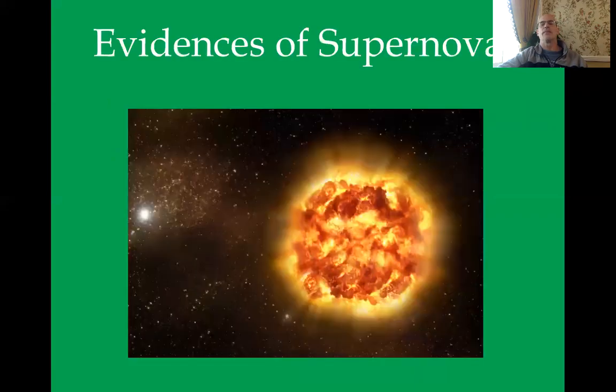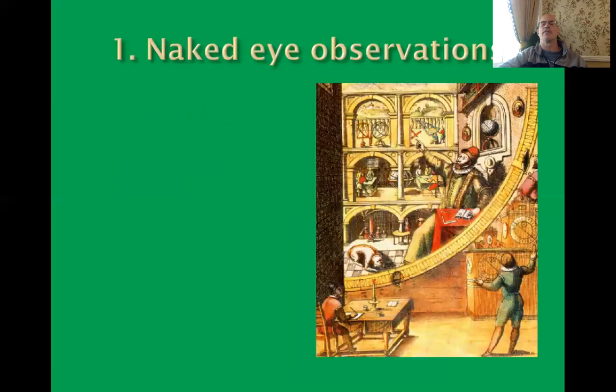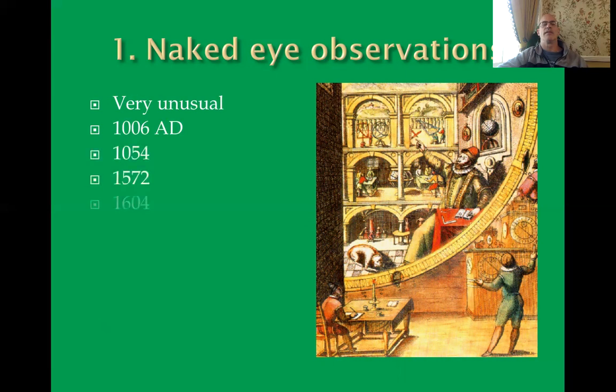All right. How do we know that supernovae exist? Well, that's what we're going to be talking about today, evidences of supernovae. First of all, we have naked eye observations. That's one of the first evidences that we know that supernovae exist. Naked eye supernovae are very unusual. There was one in 1006. There was one in 1054, 1572, 1604, and 1987, which is not that long ago,